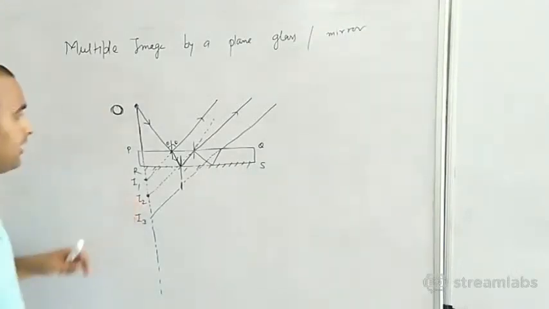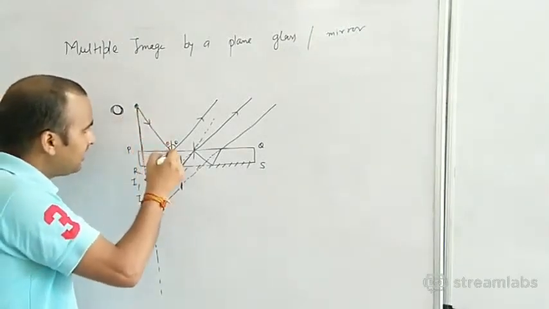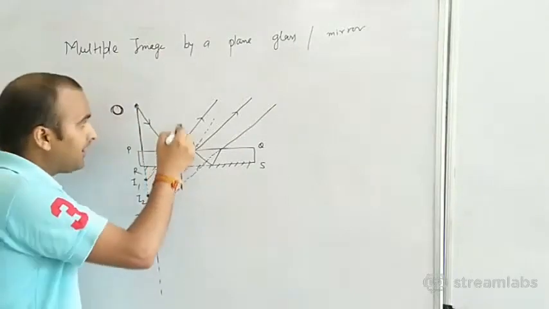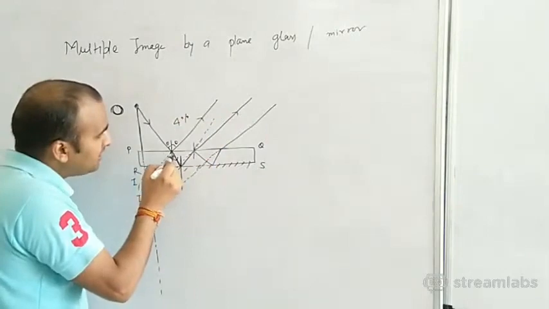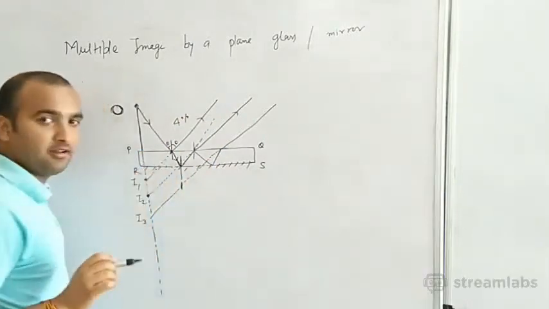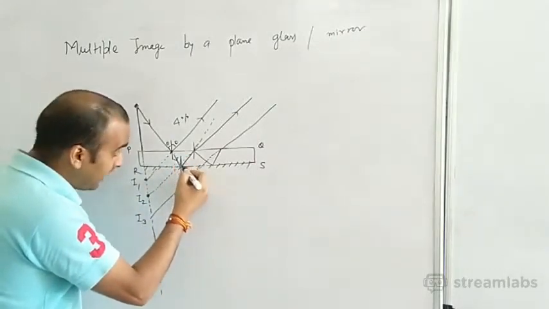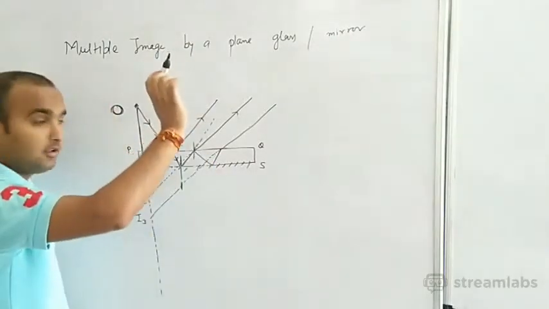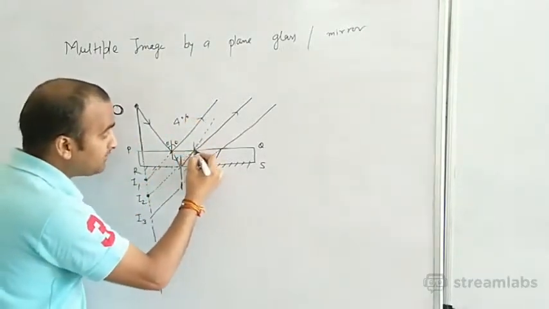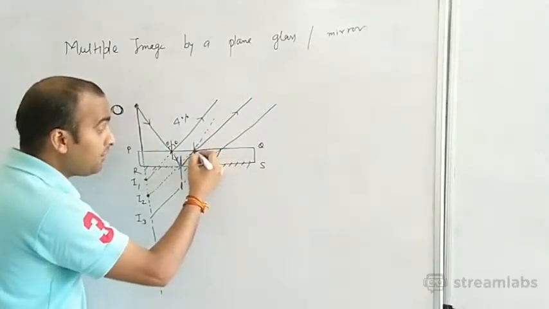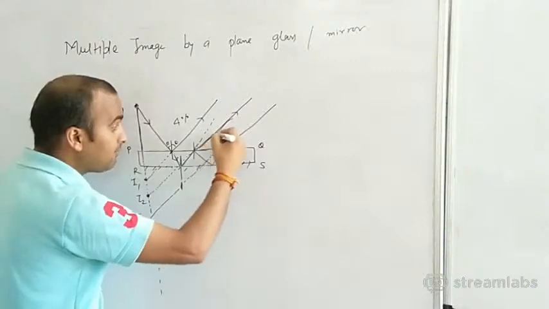Why does this happen? Because when you observe that the light is directly coming on the surface, the maximum part of the light is reflected. Suppose 4% of the light is reflected, so 96% of the light will be reflected here. On this surface 96 part is incident, so 96 part of the light is reflected. Understood? This is the transparent medium, so the maximum part of the light will be reflected here.